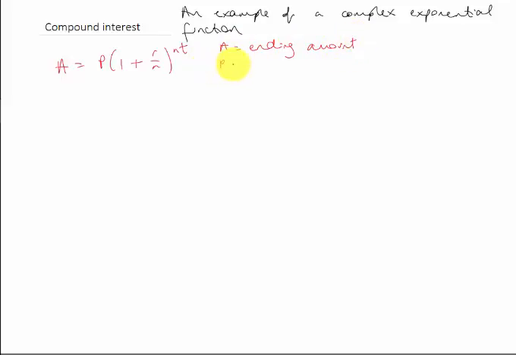P is the principal, which is the starting amount. So that's the amount that you put into the bank. r is the annual interest rate. n is the number of what we call compoundings